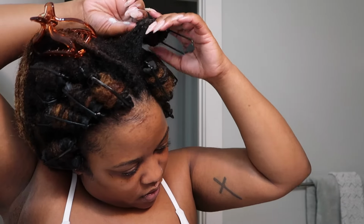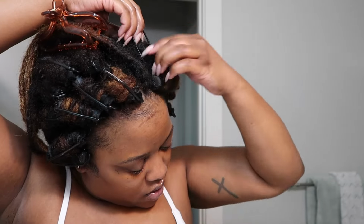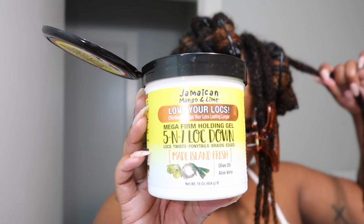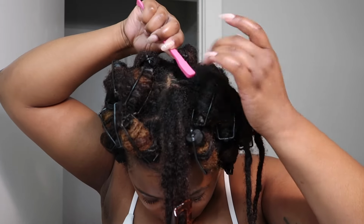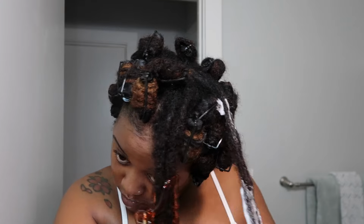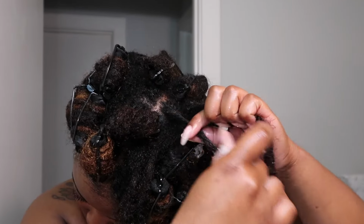And as you all can see, this is a no retwist curl set, but I did want a defined middle part, so I am gonna go in with a little bit of this product just to smooth out my part down the middle to make it look a little more defined. And then also, before I actually roll the locks, I am going to do a really soft retwist, nothing too crazy. And then I'm also just going to twist the two locks